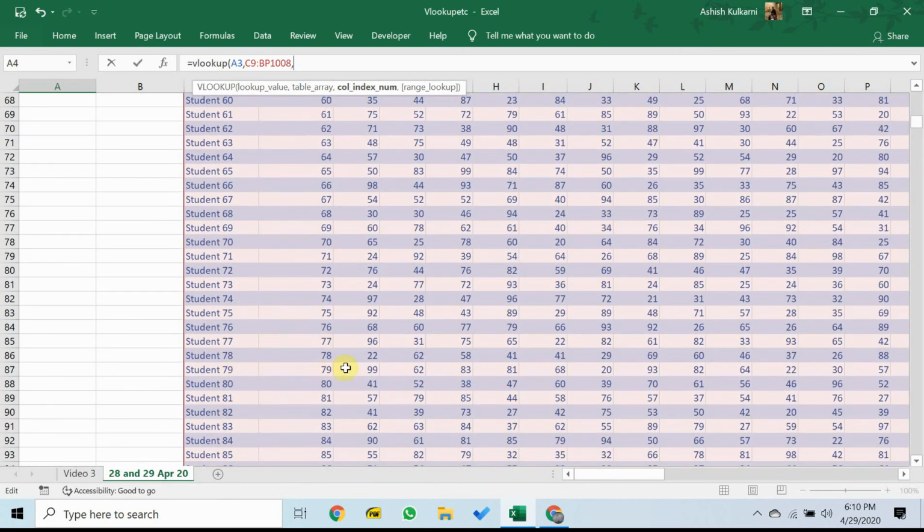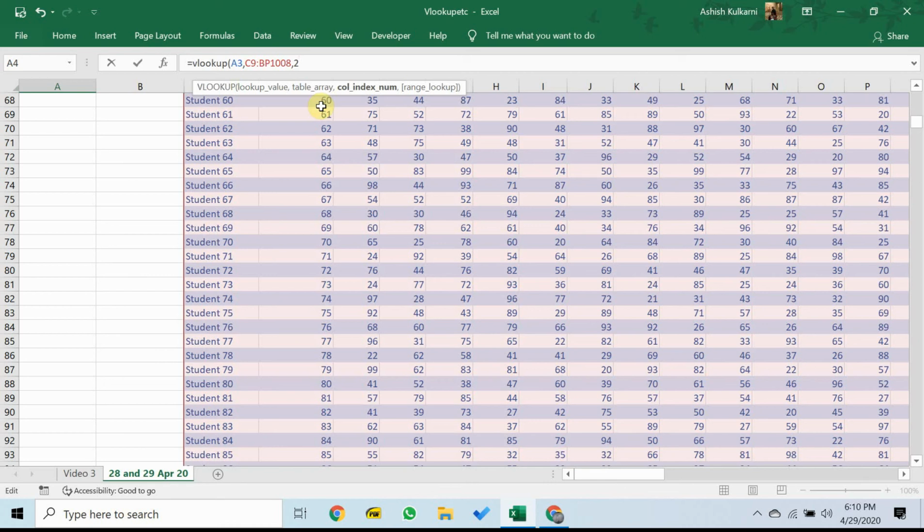But within this row, the row in which student 79 is mentioned, which column is of interest to you? Now remember, we want Excel to understand that the value student 79 means the 79th row. Where is this information written? This information is written in the second column over here, 79. So we say to Excel, boss, which column is important to me in the red rectangle? The second column. Not the first, but the second.